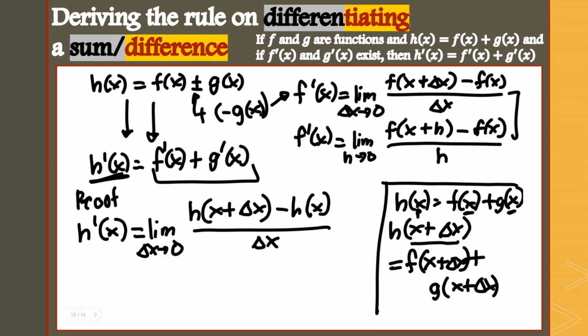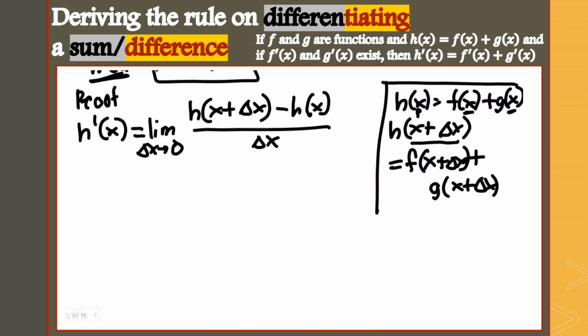Because instead of this function and that, which we cannot operate here and say we can minus, no, we cannot do that. We are going to use the representations here on our scratch paper. So let me move further here. The limit of this, instead of that, we'll be using this sum. So we have